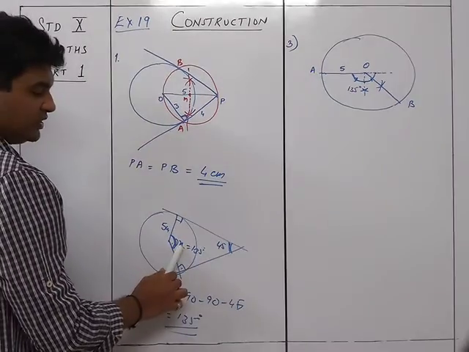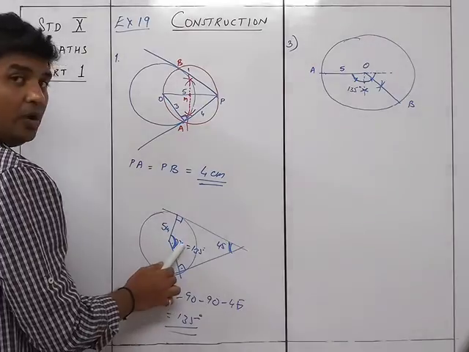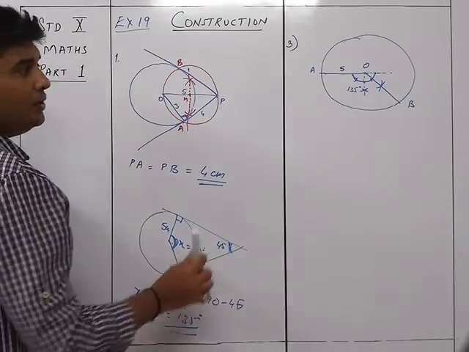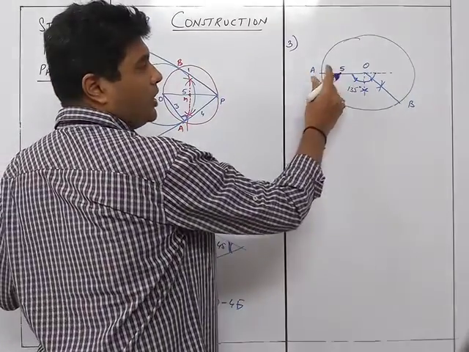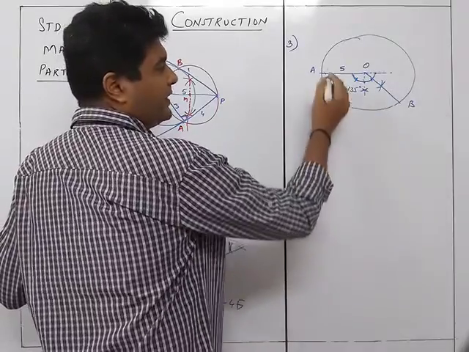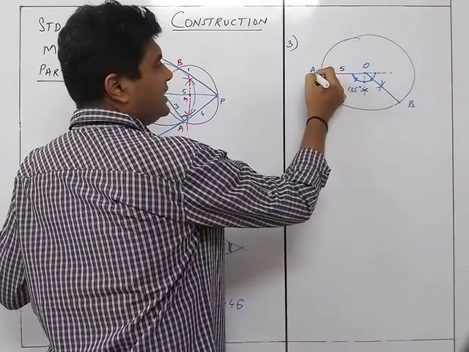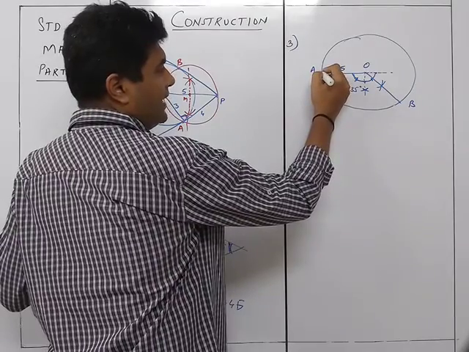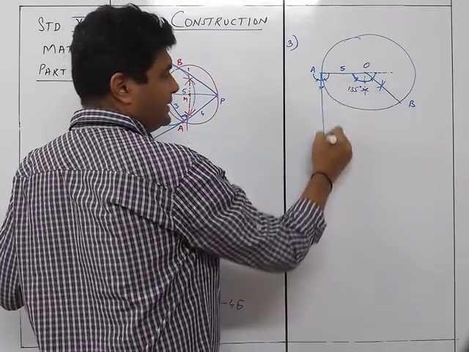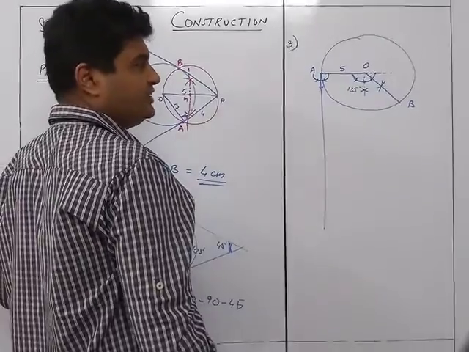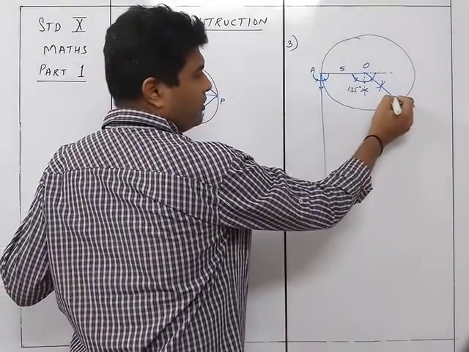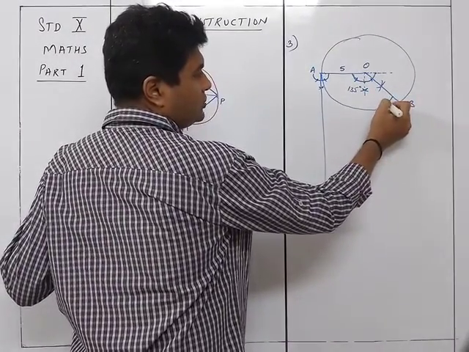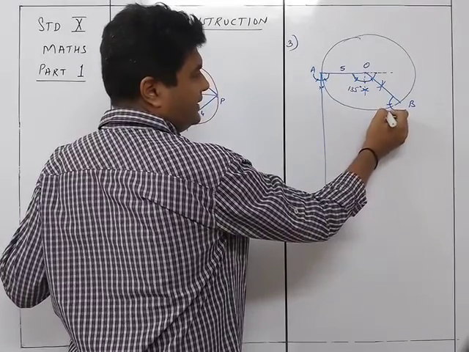Here we needed 135, so we drew 135 over here. Now from this point we are going to draw 90 degrees, and at this point we are going to take 90 degrees. So this is 90 degrees like this, a semicircle, 60 degrees, and then 120 degrees. So 90 degrees. So this will be a line like this. So this will be the first tangent. Similarly, we are going to take 90 degrees over here also. So 60 degrees, 120 degrees, and then 90 degrees.